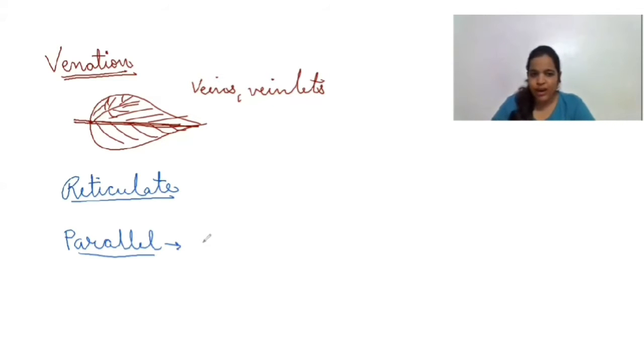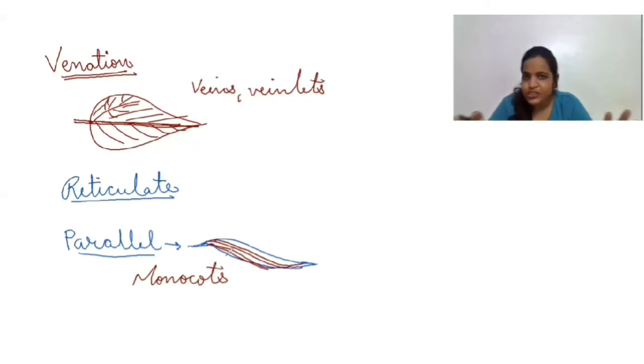So coming to the parallel one, these parallel leaves or parallel venation is usually found in the monocot leaves, which are a bit narrow leaves like this. Now in these leaves what happens? The veins are parallel like this. The veins are parallel. They do not intersect each other, they are present like this. Example includes monocots. Monocots are the examples for parallel venation. That's all you need to remember. Coming to the reticulate venation, guys.